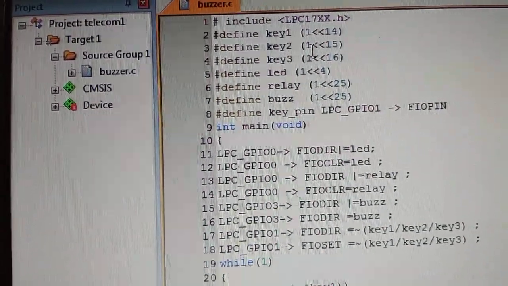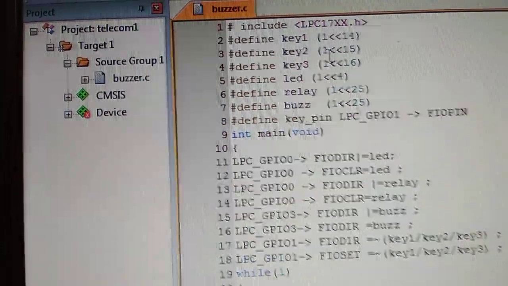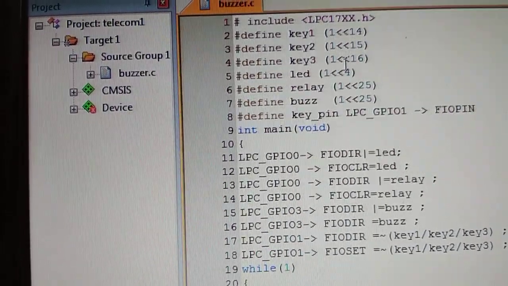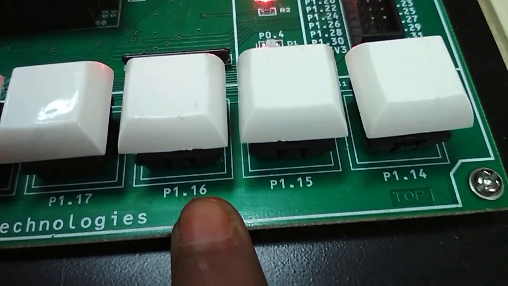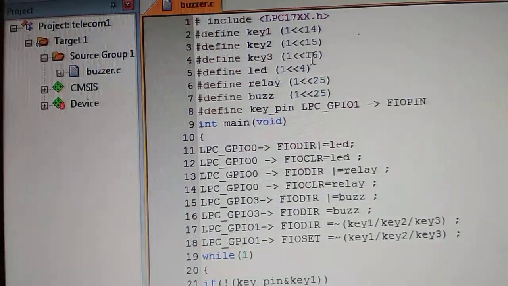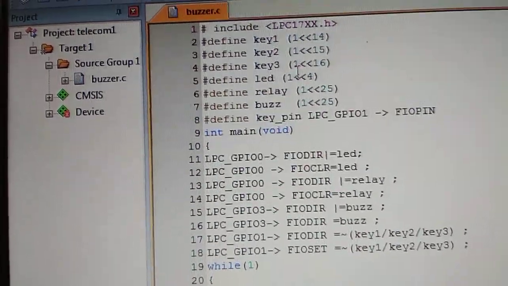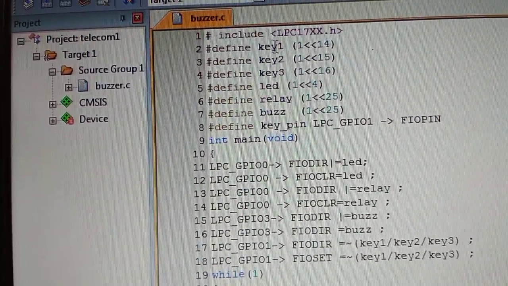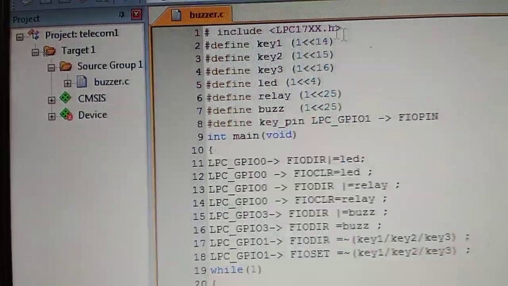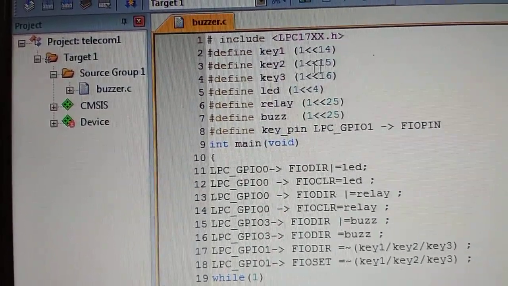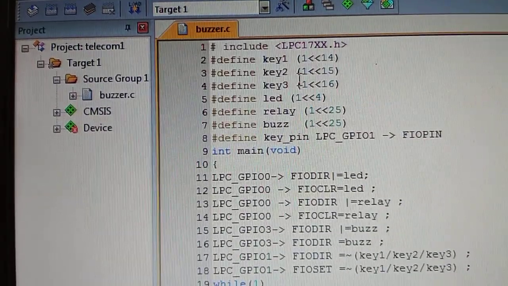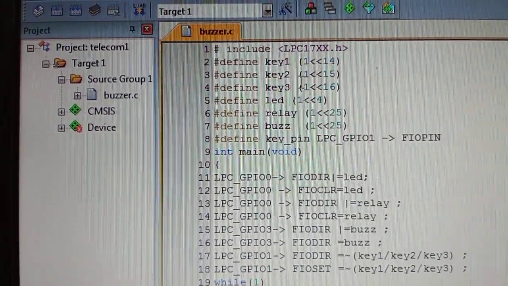And again we have 1 here, where we are setting that pin also as an output pin. Next, we take the third key as 16, port 1 with the 16th pin. That number you have to mention in the program, 16, and that is also configured as output. So key 1, key 2, key 3 are configured this way in order to enable the LED, relay and buzzer.